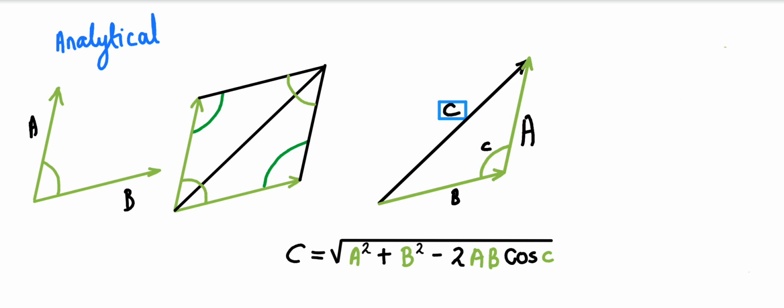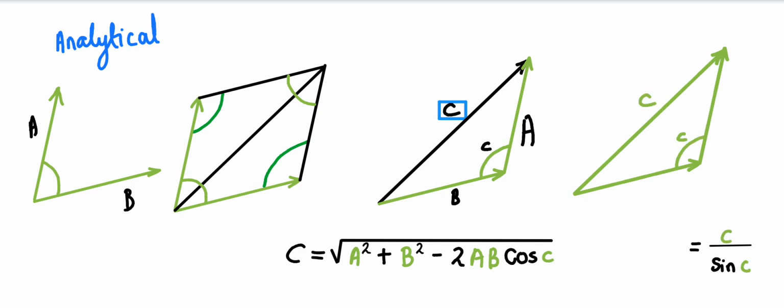But here this triangle represents force vectors, so force vector A and force vector B. Solving for the third side C gives me the force vector C, that is the resultant. Similarly, I indicated all in green because I have solved for C. But we know only this angle, so if I want to solve for the other angles, I can use the sine law to solve for the other angles A and B. So this way we can add two vectors to find the resultant.